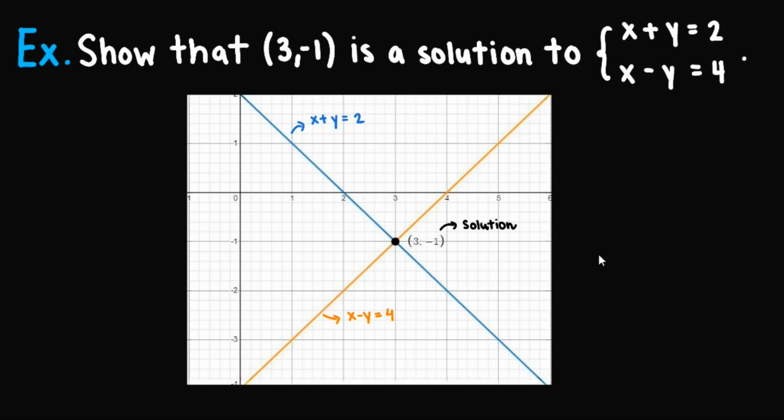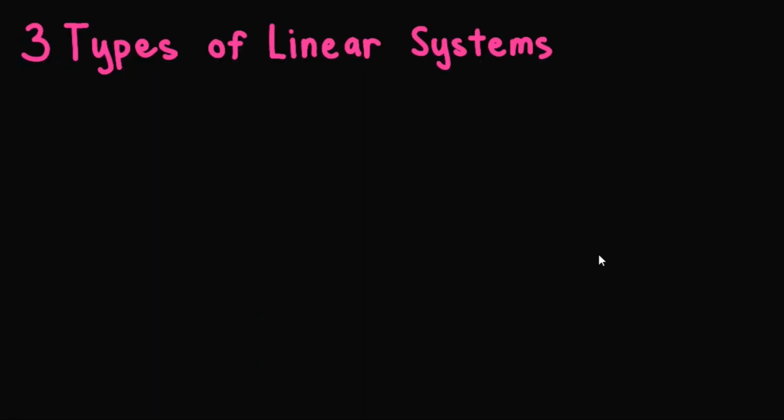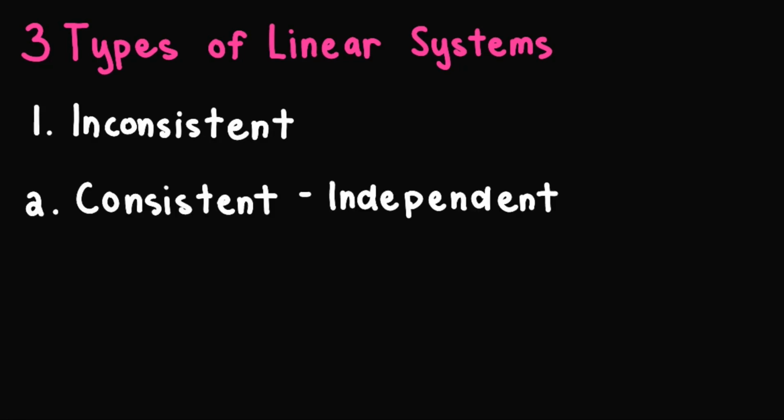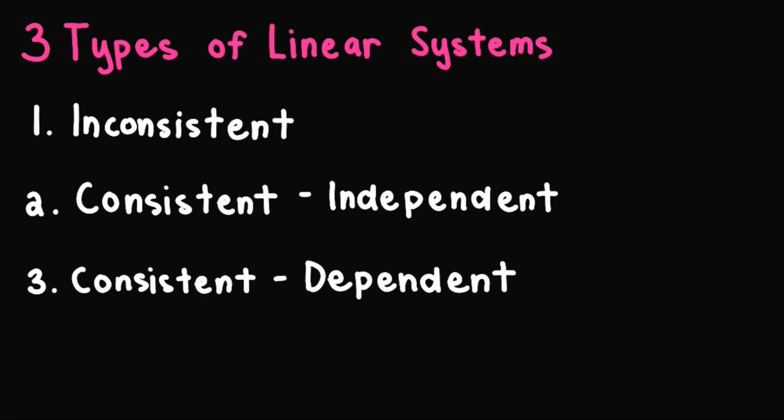So now that we know about this, there are actually 3 types of linear systems. This is based on the nature of its intersection. So we have the inconsistent, the consistent independent, and the consistent dependent linear system. So let's go over these one by one. So first,